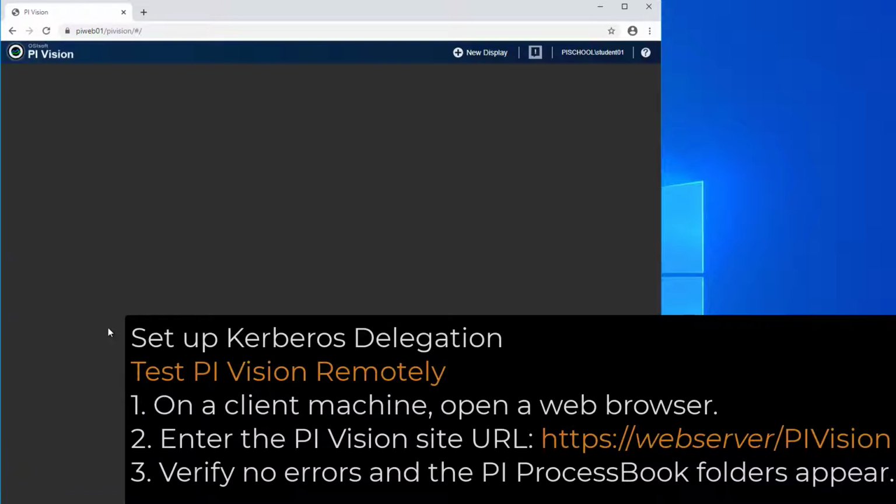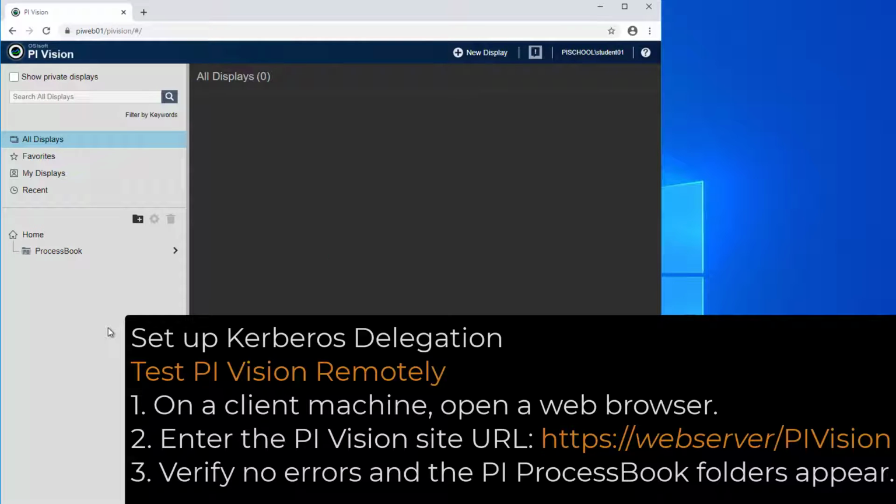Once the PI Vision home page appears, make sure there are no errors and the PI ProcessBook import folders appear under Home. Because we updated the PI Vision website to use a domain certificate, we don't have any certificate errors on the client machine.